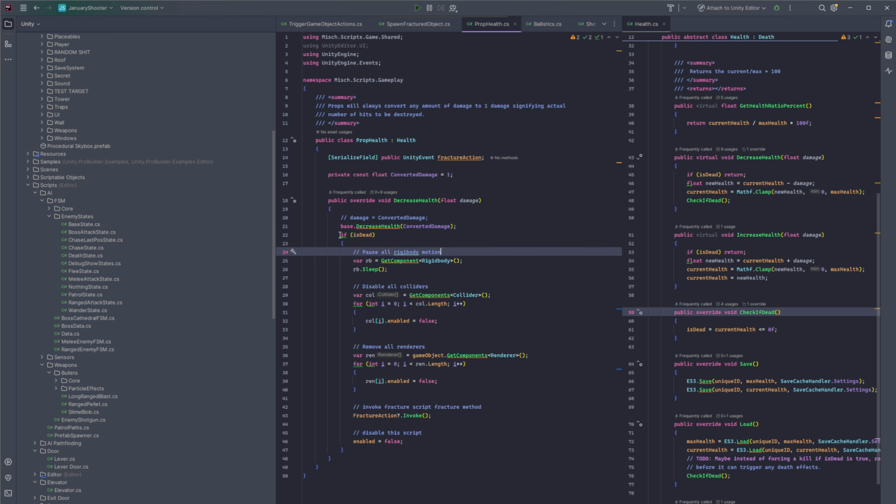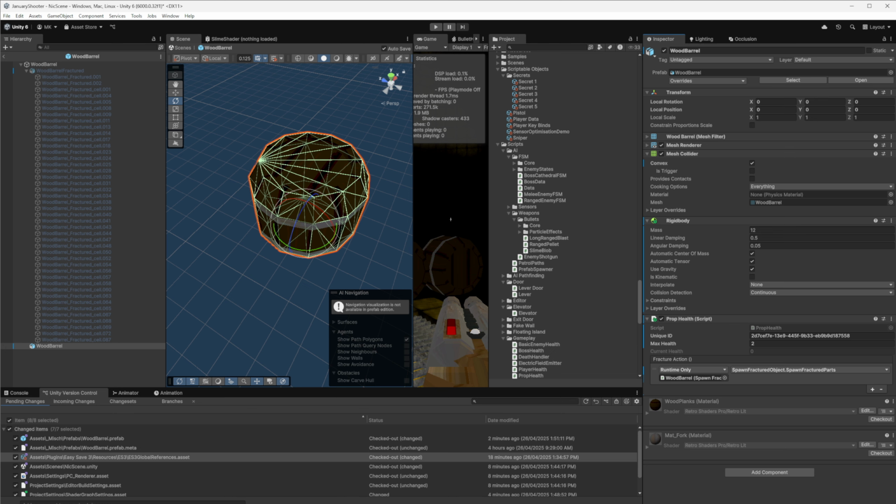Once that's done, eventually, if it is dead, we're going to do a few things here. At least on this wooden barrel, we're going to turn off the rigid body, its colliders, its renderer, and then we're going to invoke this fracture action. So remember how we had that little action over here? So fracture action. This is a Unity event. You can essentially add your own Unity events. You just drag any part of a script or game object, throw it into there,